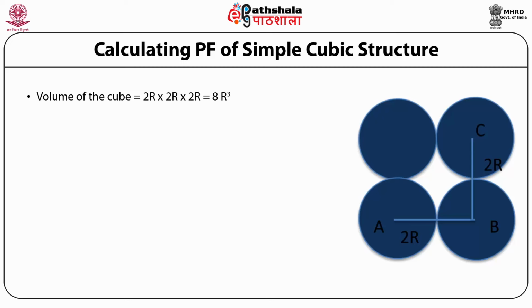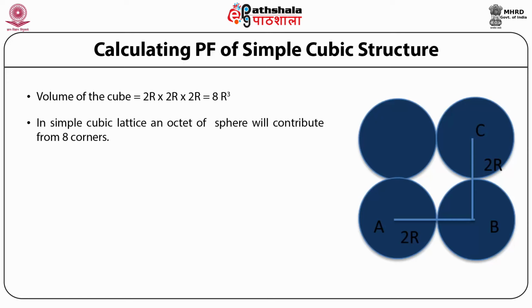Now you can see that inside the unit cell the entire sphere is not contained, but a large portion of this sphere is outside this square lattice. Only 1/4 of this circle is coming inside the cell. So from each corner a contribution of 1/4 is coming. So when you talk about a cubic structure, it has got 8 vertices, and from each vertex there is 1/8